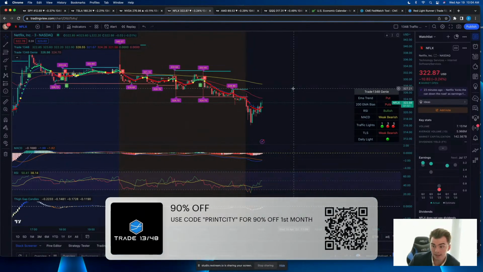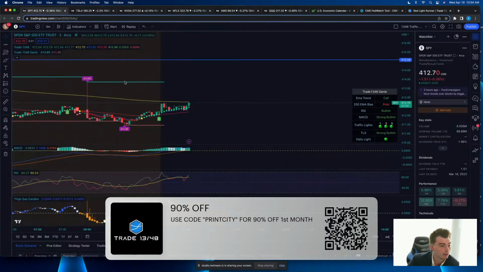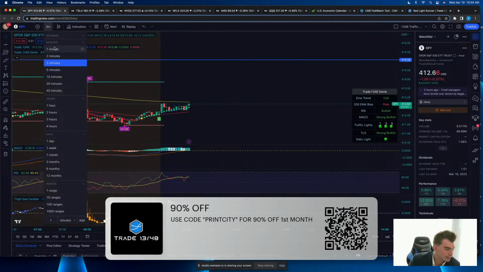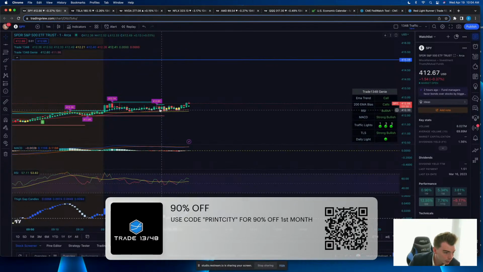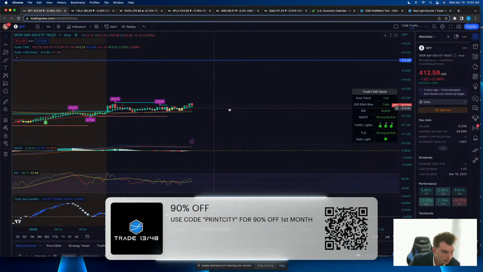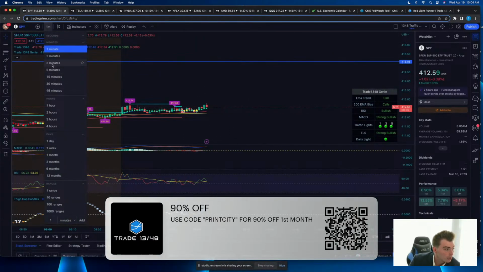So I've done nothing on that futures account today because the SPY just looks absolutely terrible. I mean, you are getting this potential rejection off this 3-minute 200 here. But until I see something, dude, look at this. Traffic light, traffic light, traffic light, traffic light. No thanks. I don't want that. No, thank you.